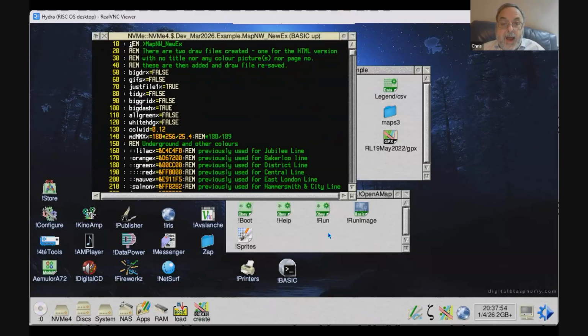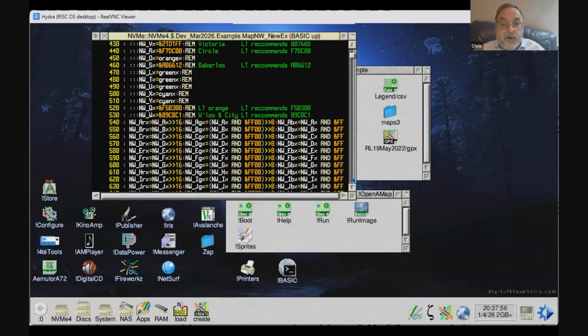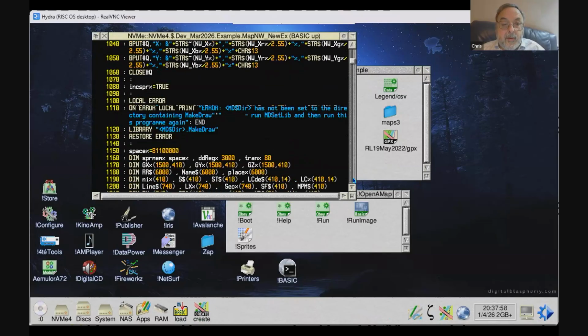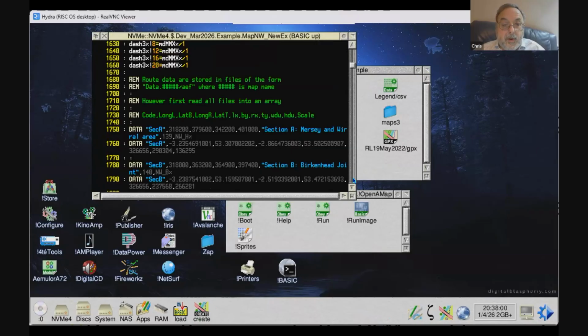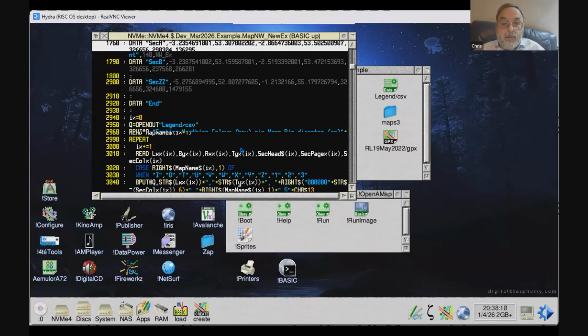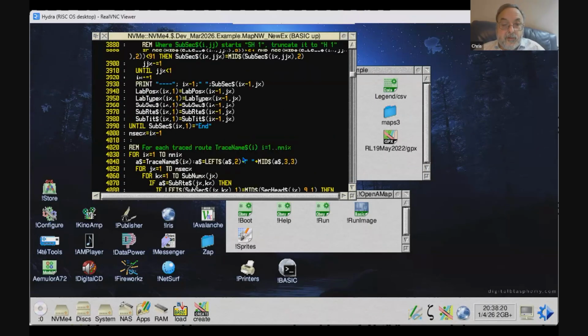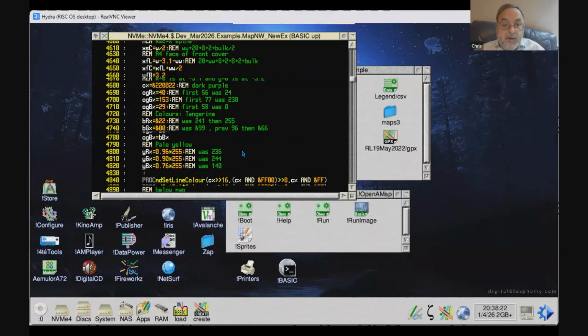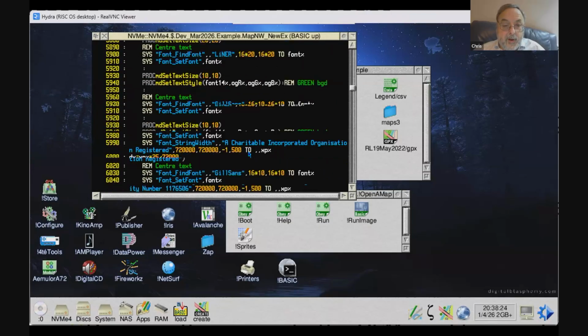This program here has various bits and pieces in it. One of the things it has is those data statements which define, exactly as you saw earlier, the coverage of the mapping grid in latitude and longitude and the scale and what have you for section A map, section B map, etc. It also says somewhere